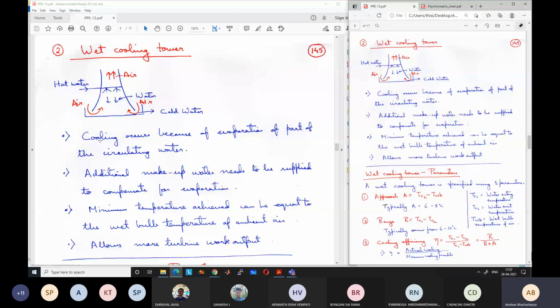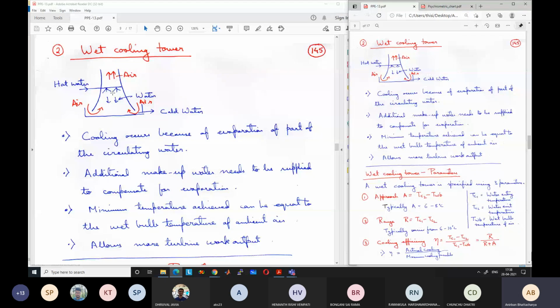So that is the minimum temperature that is possible, and that is much less than the dry bulb temperature if the humidity is less. Okay, if the humidity is 100%, what will be the wet bulb temperature as compared to the dry bulb temperature? So same. It will be same. So there cannot be any evaporation, and the cooling tower is not going to work. Okay. So for a very humid place, this type of cooling tower is not very effective. It is effective for drier regions.